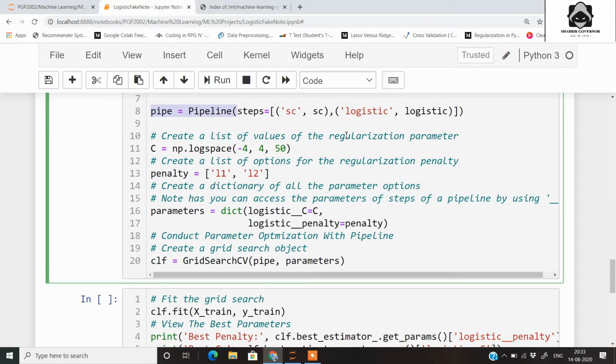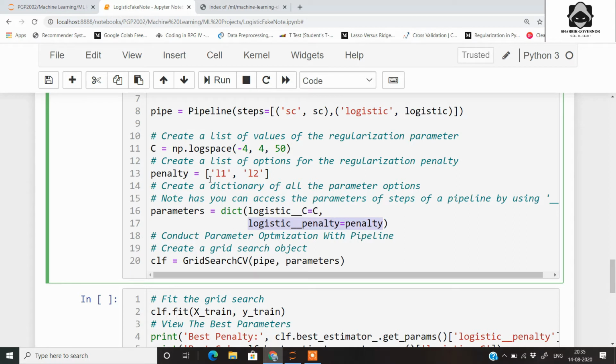Then we go for declaring the regularization parameters. We use np.logspace to declare regularization parameters for the C part. We will be passing the penalty as L1 and L2 and let the grid search decide which is better for our model. Along with that, we will also be passing this regularization parameter to the model. So in the parameters object, we declare a dictionary where we have these two parameters, that is the logistic C, which we get from the logistic regression parameters, and we also define the penalty that we want to apply to our model so that it performs well.